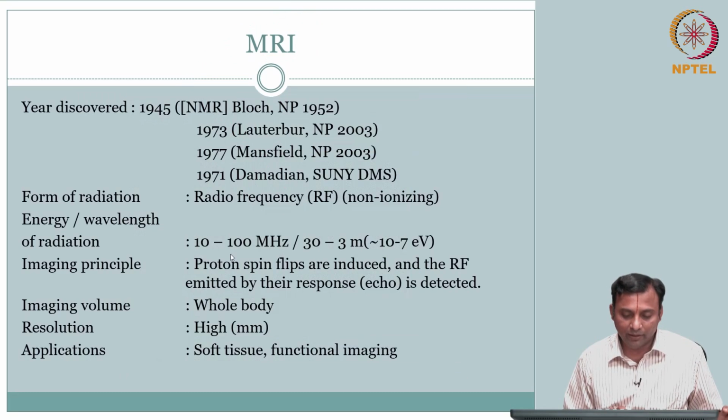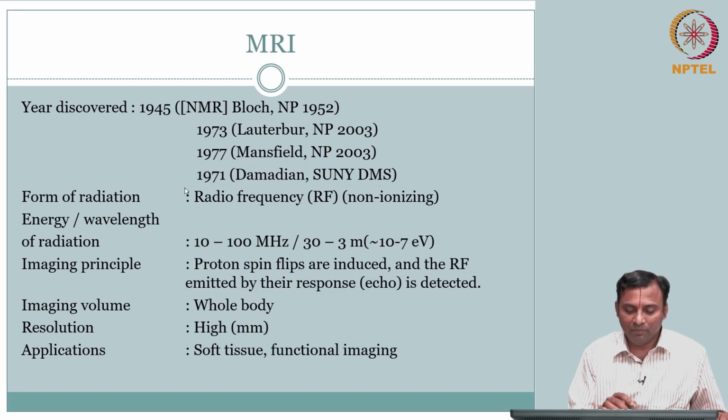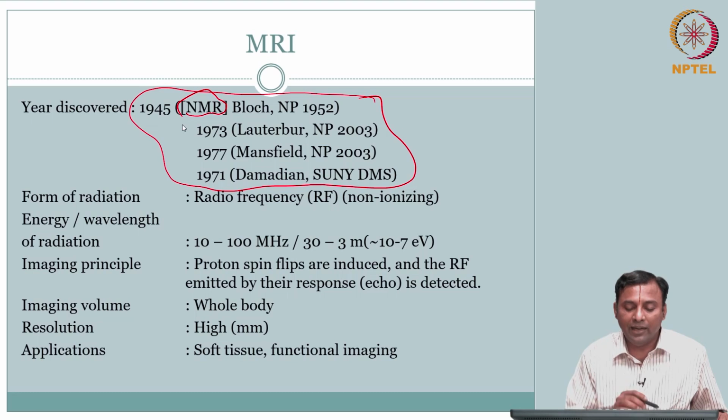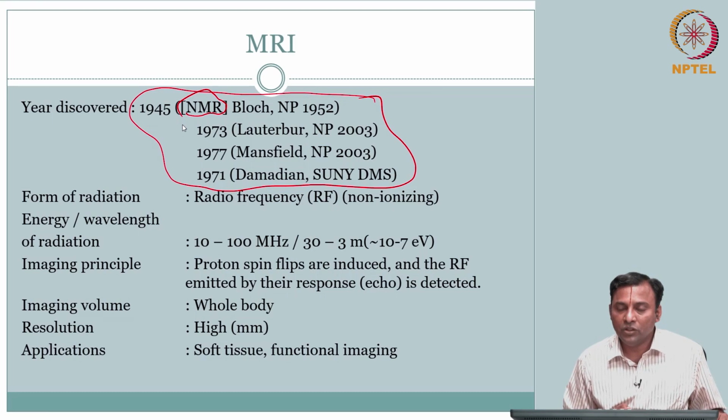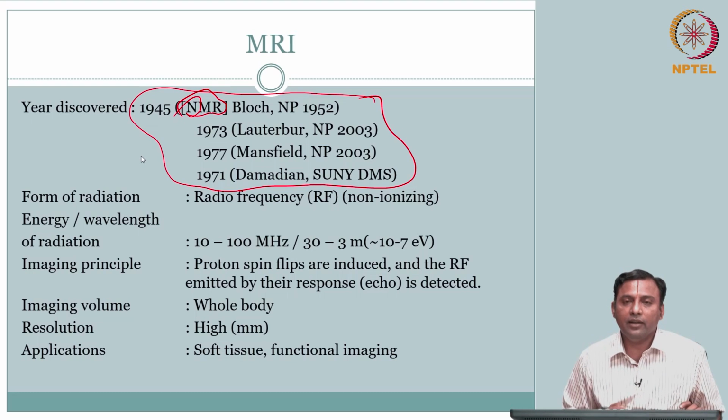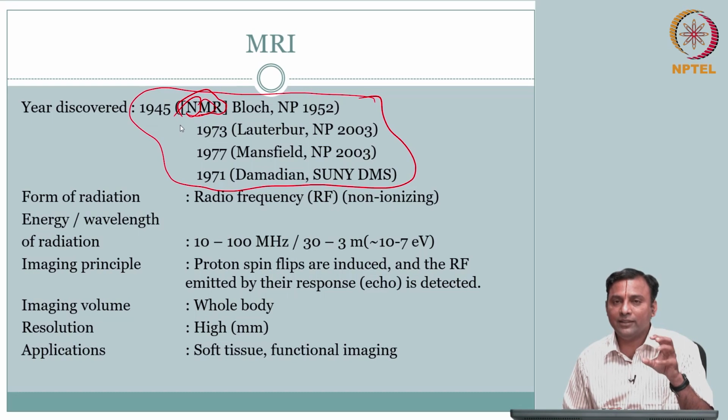So what do we mean by that? You can start to appreciate why I said that from probably a very limited list that you see here. A quick Wikipedia search will tell you that for MRI, the N is nuclear magnetic resonance. You have any material, you have an atom, you have a nucleus. So what is the magnetic resonance property of that nucleus? That is what they were exploring.